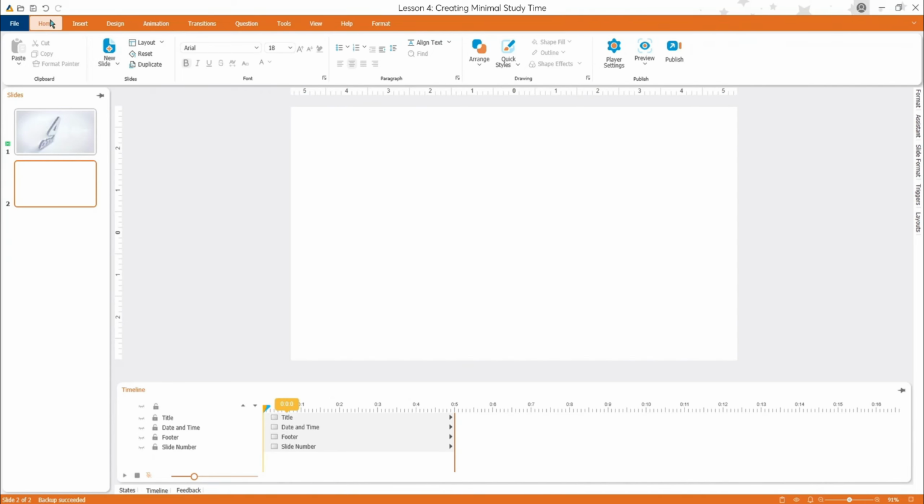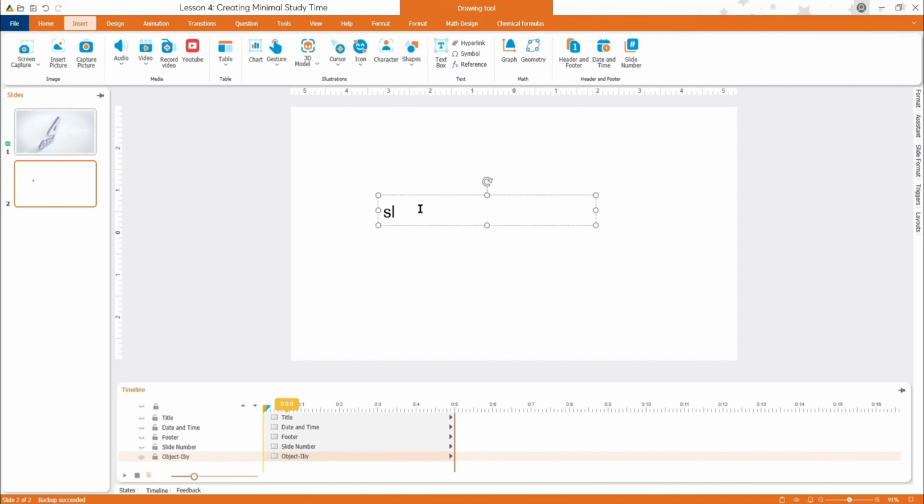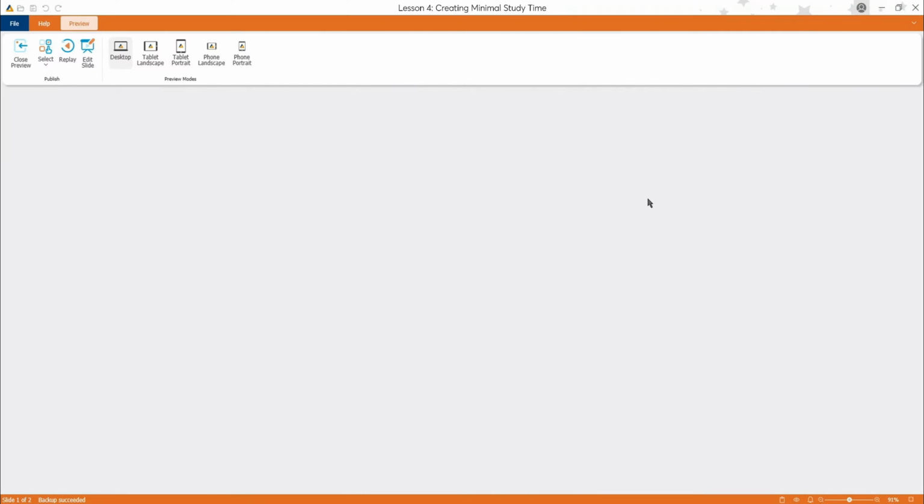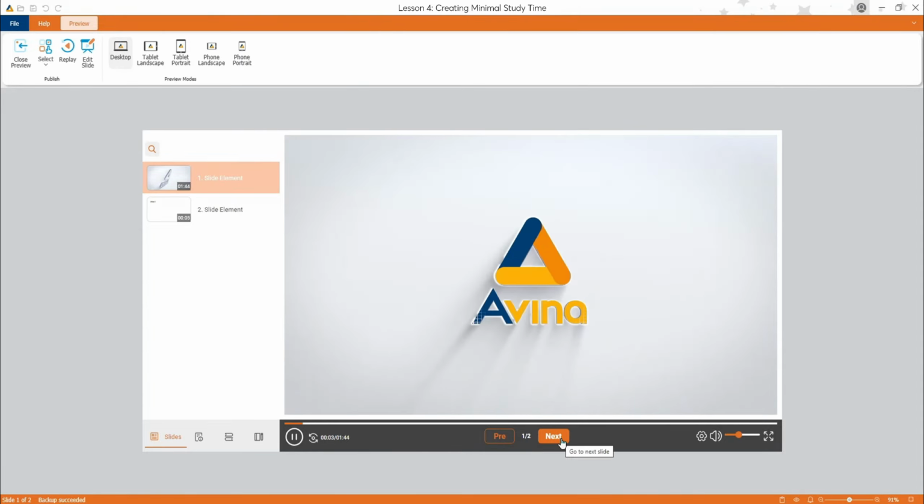And that's it! We've finished setting up the minimum study time feature in AVINA. This feature will help ensure learners spend enough time on each part of the lesson and access a sufficient amount